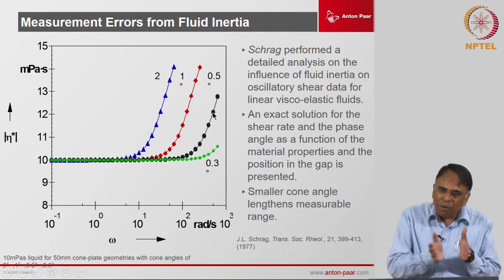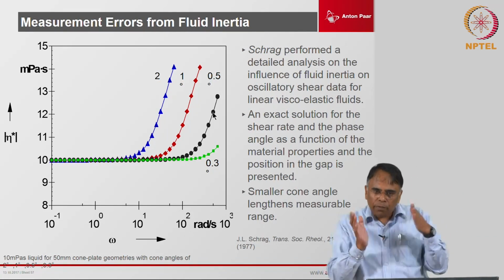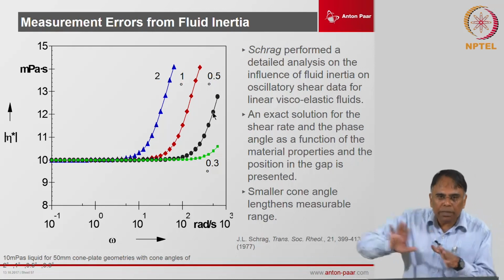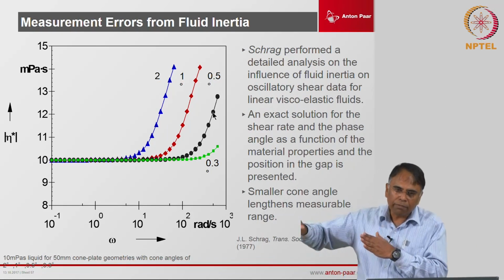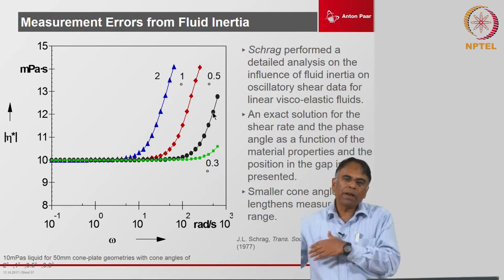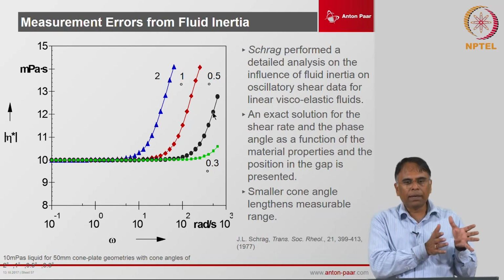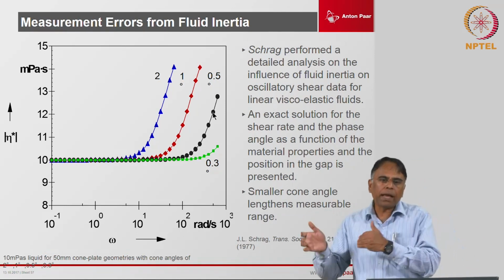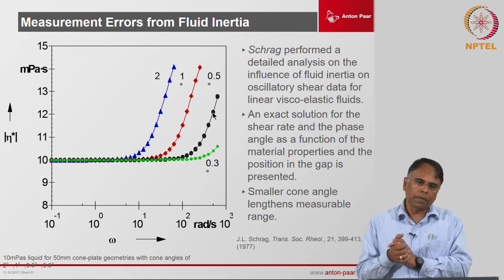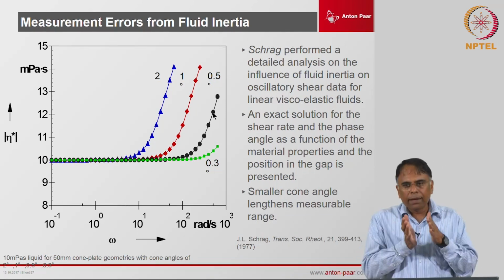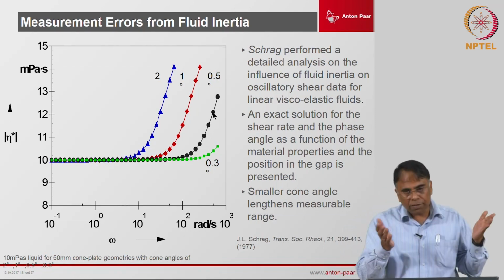Of course, you can control this by the geometry condition to a certain level. If you minimize the gap, you can push this non-laminar region a little bit further, but you cannot eliminate it completely. Okay, you can probably get to somewhat higher shear conditions without going into this turbulent region by taking a smaller gap size for the same viscosity.